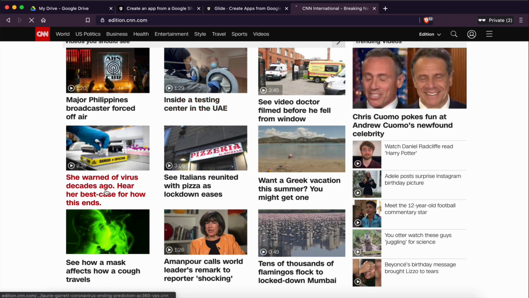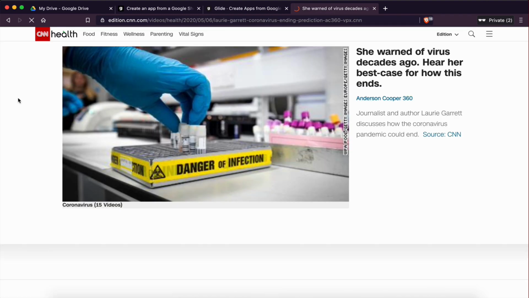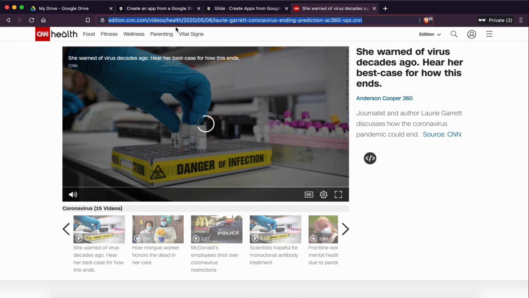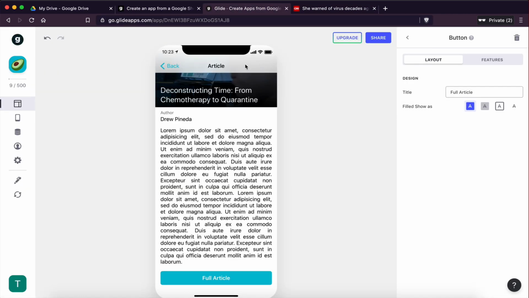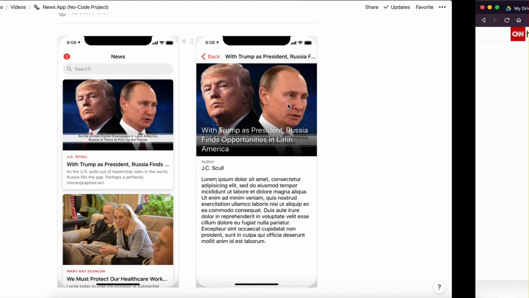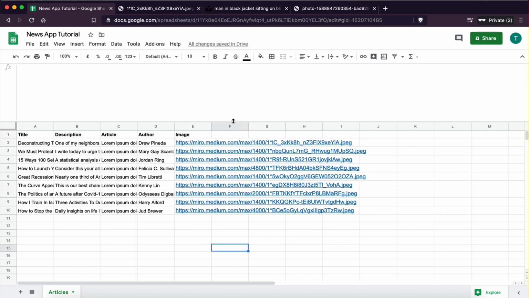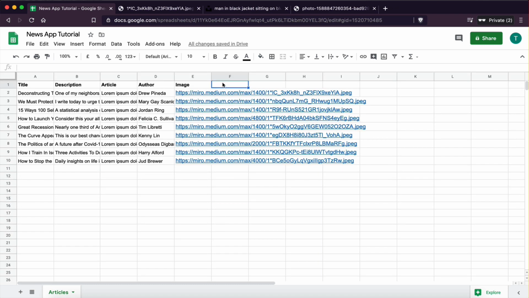Right. So currently, with the coronavirus lockdown, every single article is about coronavirus. The idea is that if this is the article I want to link to, I'm just going to copy this link, right? And then what I need to do is go to my spreadsheet here. I need to create a new column, call it full article link, and here I'm going to paste